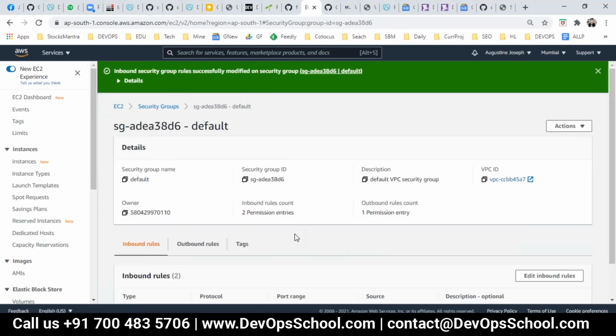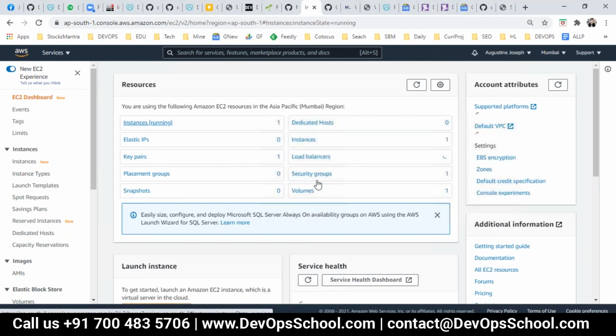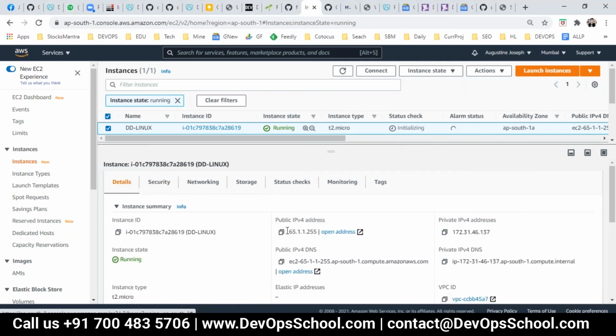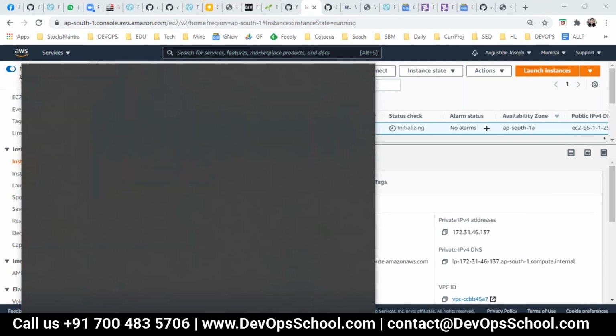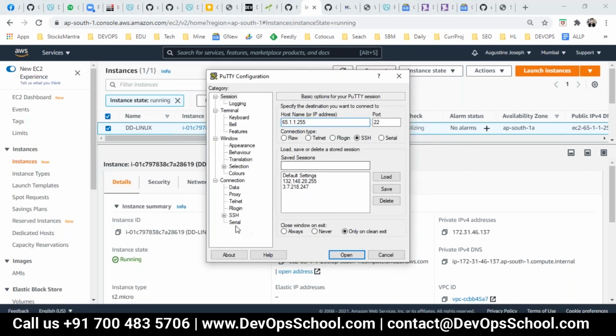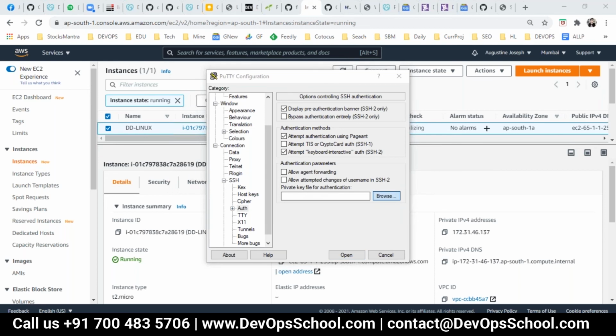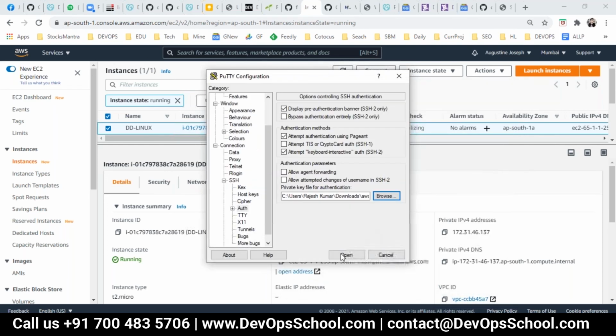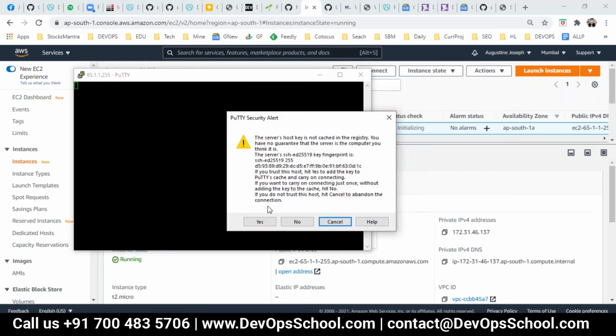Now what I'm going to do is click on this instance. Look at it, so easy. Details, get the IP address, go to PuTTY, locate the PPK file, and the username for Ubuntu is typically Ubuntu itself.